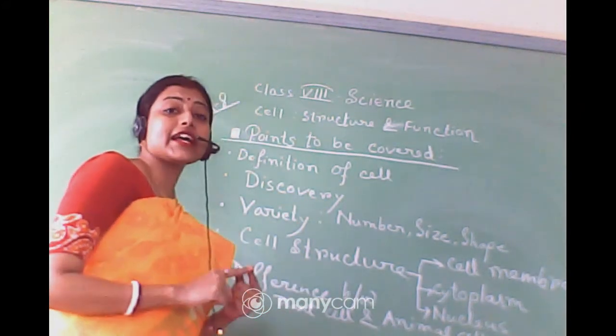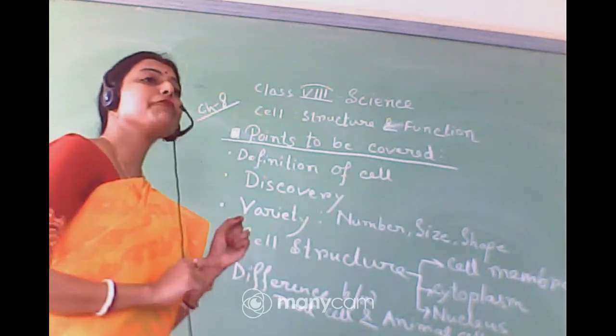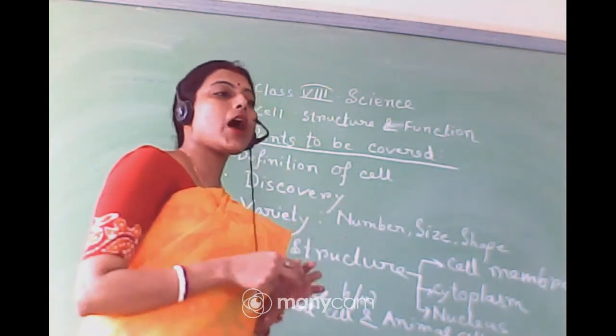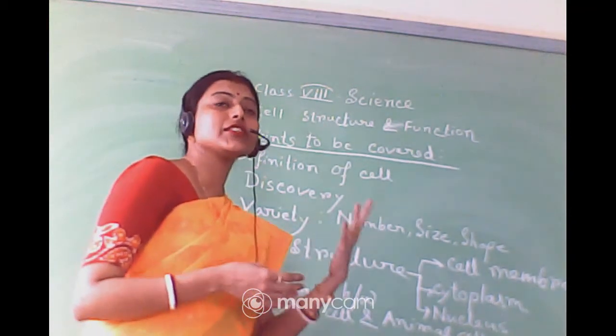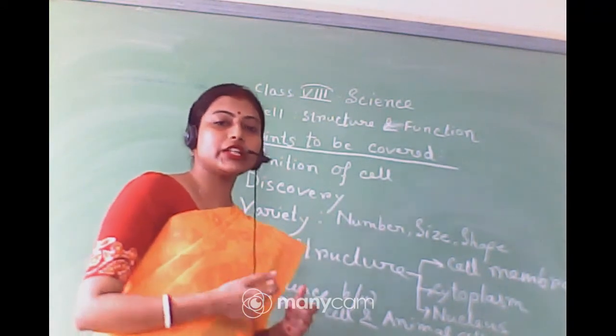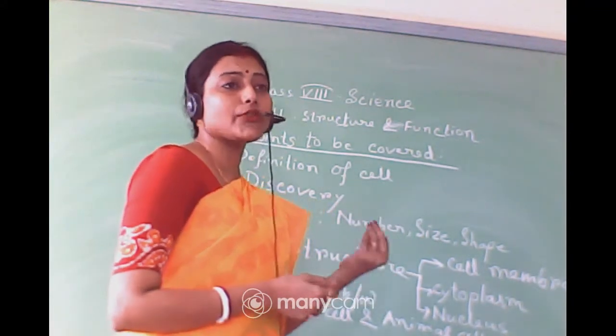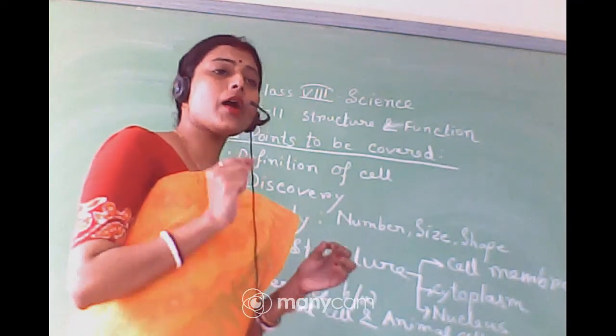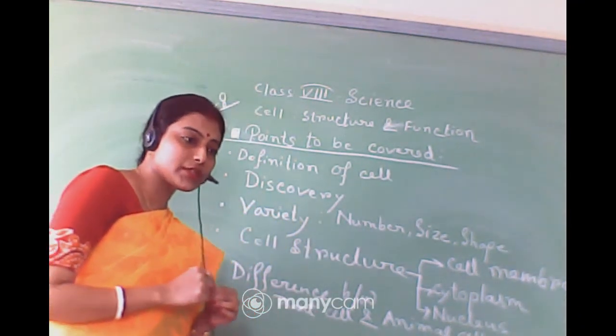And after that we can say that in case of plant cells, the colors of the plants or the trees vary in different parts. That is, the leaves of the plants are green in color, but the fruits are orange or yellow in color. So there is some extra cell organelle which is responsible